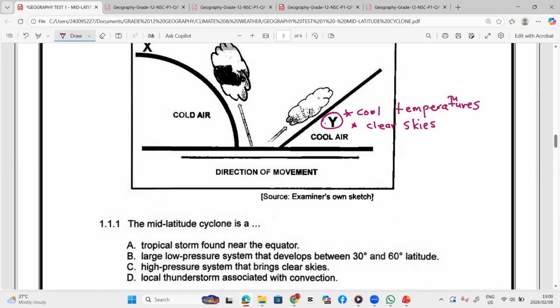Okay, yes, I see someone else raising their hand. That's correct as well. Yes, Sam? Well, sir, I have a problem with the reasoning because of the diagram. It shows nimbostratus, which is a nimbus structure, sir. Okay, so Sam is having a problem with your answer. Mukobe says this diagram shows a cloud here, and Sam says this is a nimbostratus cloud because it is forming ahead of the warm front. Now you need to defend yourself. Why would you say that we are having clear skies at point Y?